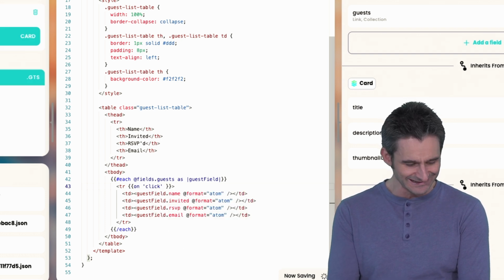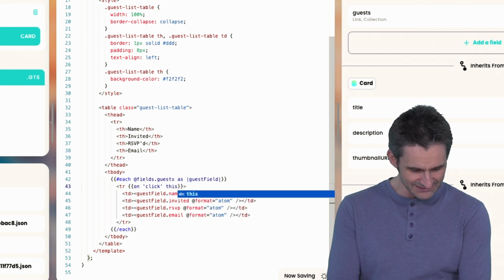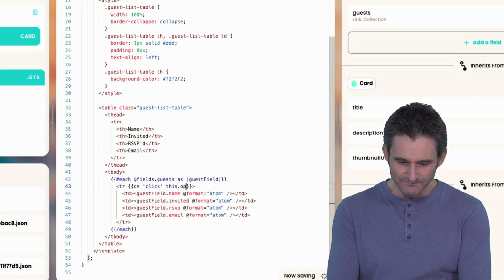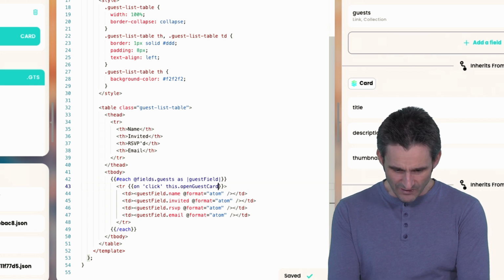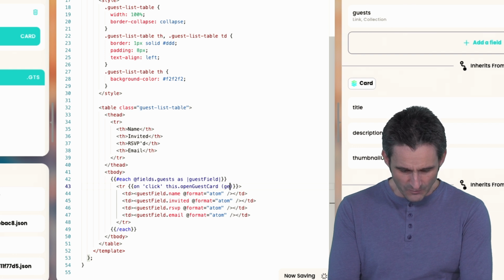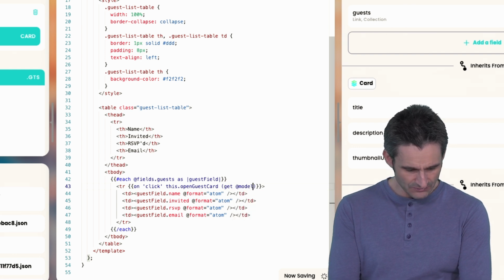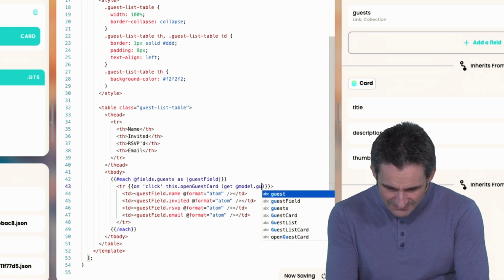And we're going to say on click, we're going to do something. And what we're going to do is run a method of our card called open guest card. And then which one do we want to open? Well, we want to open a particular